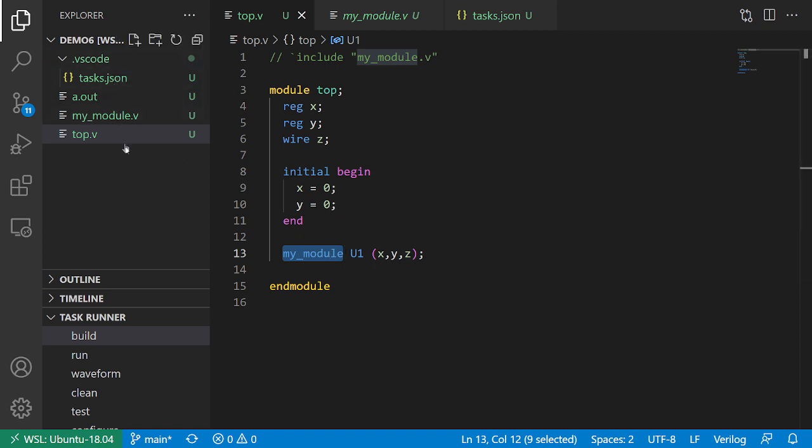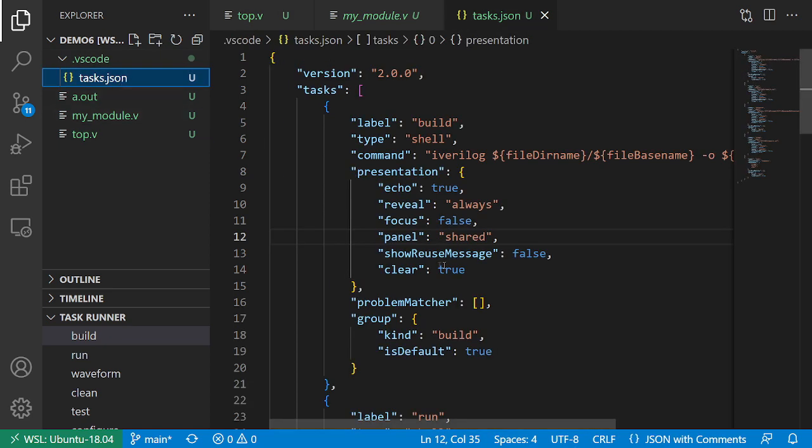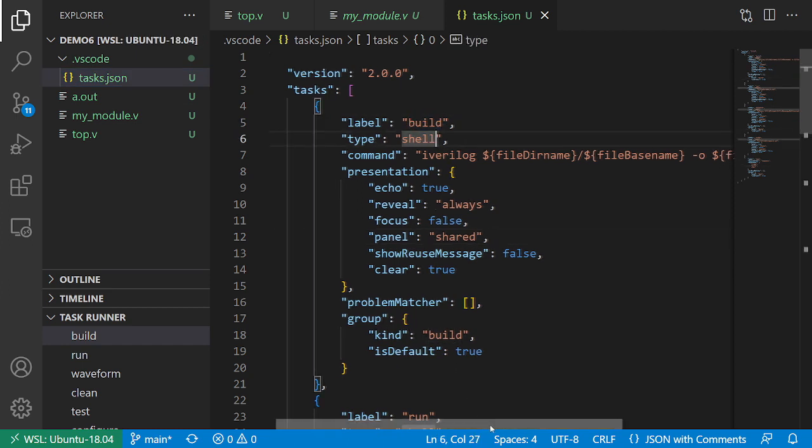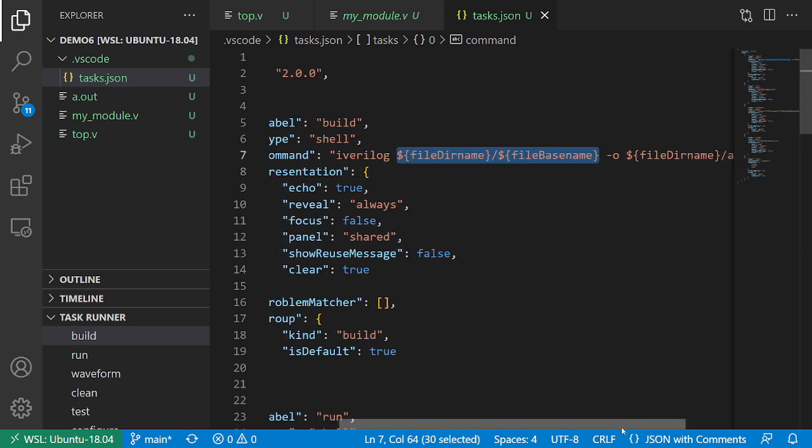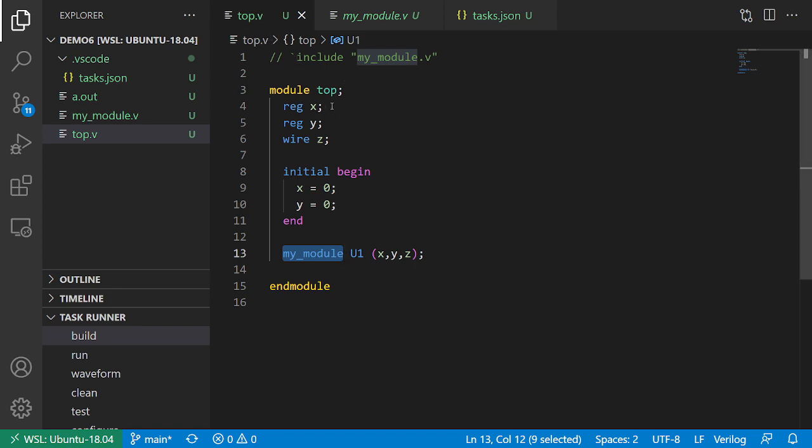As a reminder, I'm using this task runner extension, which is reading our tasks.json file inside this .vscode folder. If I look inside here, the build task is simply going to call Icarus Verilog and compile our top.v file here